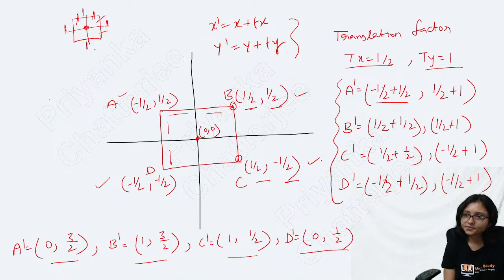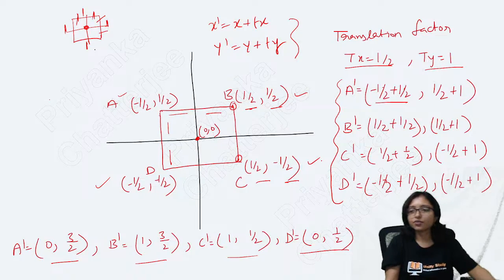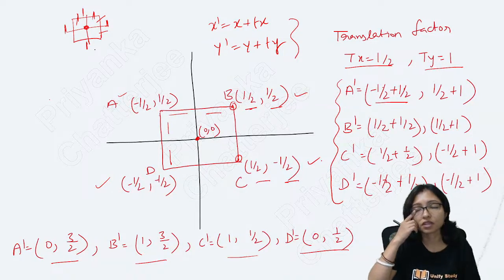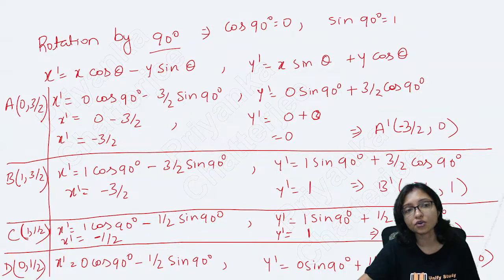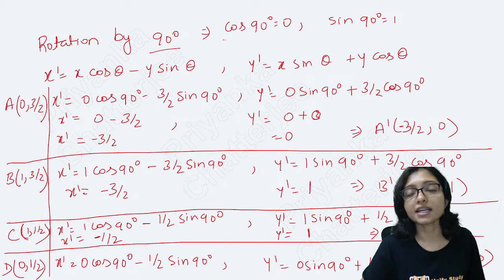Yes. A dash, B dash, C dash, D dash. This is the way it will change. Okay. Yes. Next one is the rotation. Now 90 degree rotation. Rotation by 90 degree means I have to think about that cos 90 degree equals to